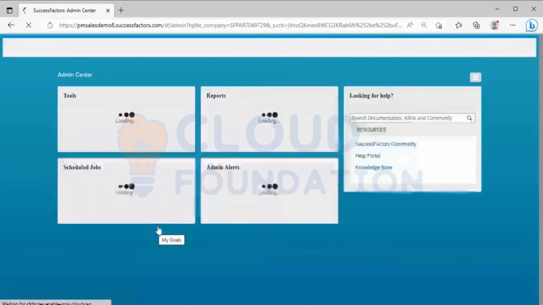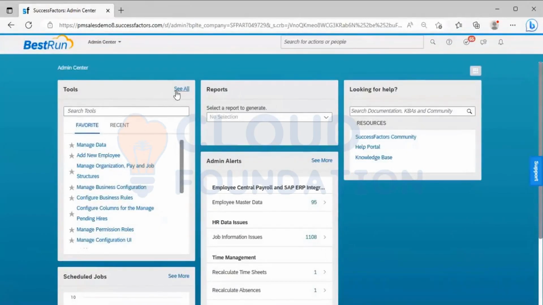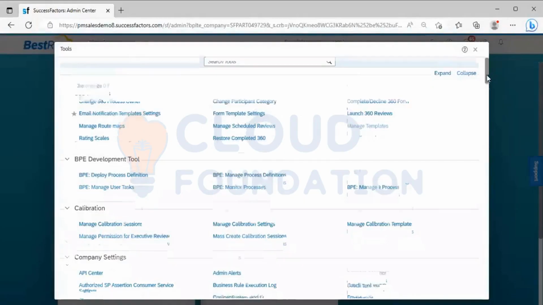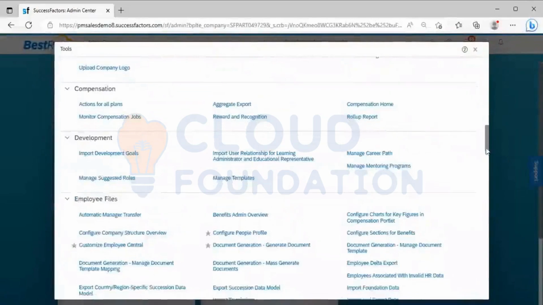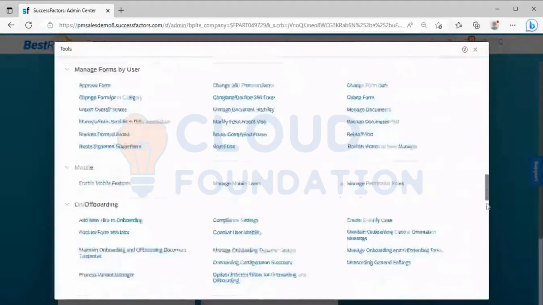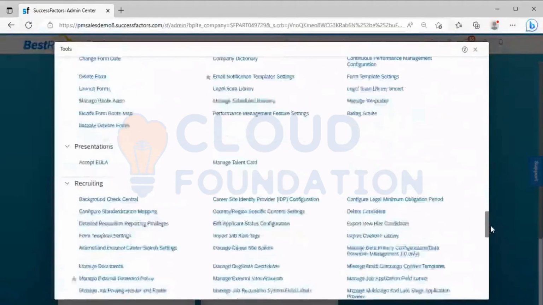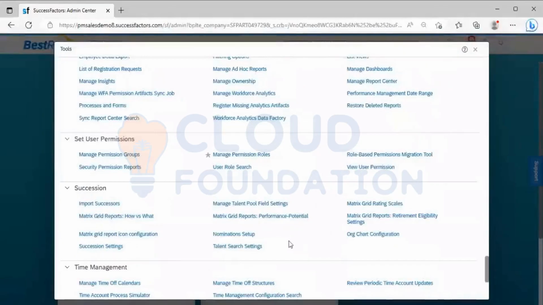after going into the admin center page, you can see the tools section here. Just click on see all. I'm still in the tools section. When you scroll down, there is a section called set user permission. Can you see here set user permission?